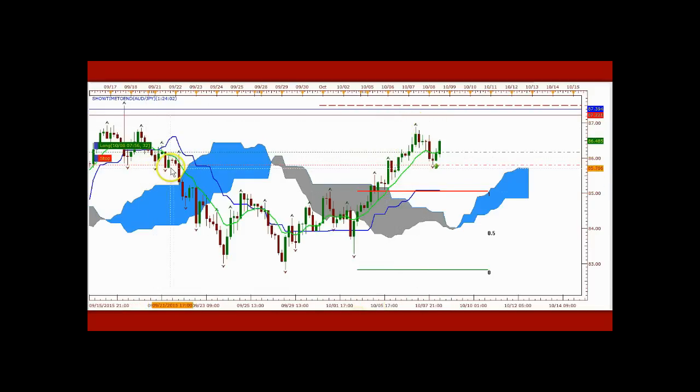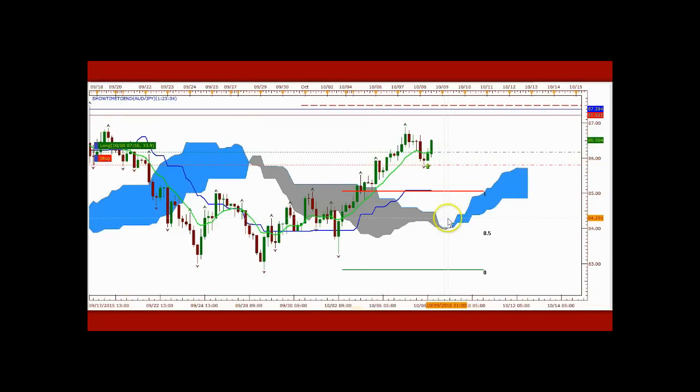Is the market breaking bear fractals as it has here? So it broke a bear fractal, broke another bear fractal, another bear fractal, another bear fractal. So that means if it's breaking bear fractals, I shouldn't be trading to the upside. Here we broke a bull fractal, we broke another bull fractal, broke another bull fractal. We haven't broken this bull fractal yet. So since we're breaking bull fractals, I want to be trading to the upside, not to the downside. All right. So therefore, there's also levels for me to trade. So I need to know these levels and how to enter the market and where to enter the market.